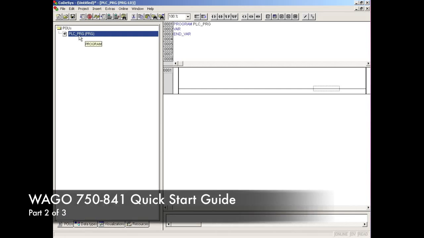Alright, at this point we're ready to start building our ladder diagram. Let's go ahead and click on the first rung and make sure you have a dotted box around the line here. This is where you're actually going to be inserting into the line. Click on the contact button,